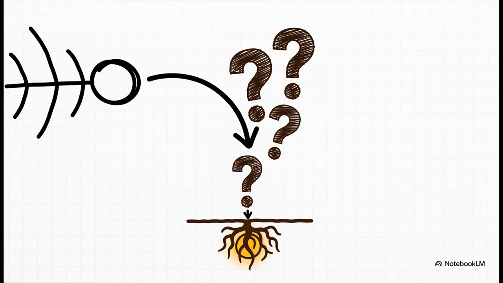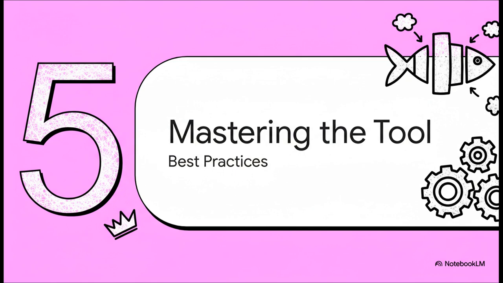For instance, let's say inadequate training on your people bone looks really suspicious. You ask, why is the training inadequate? And when you get an answer, you ask why again. You drill down through about 5 layers of why until you get past the symptoms and uncover the fundamental breakdown in the process. We've covered the what, the why, and the how, so now let's talk about using this tool